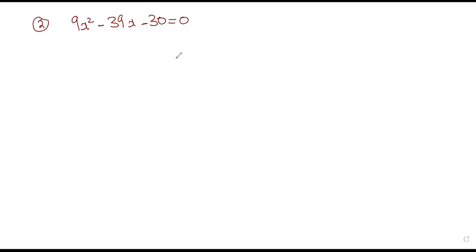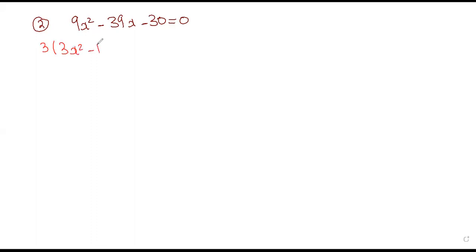Yes, well done, Munja. Okay, let's try doing it together. Now, this is another quadratic equation which we need to solve by factorization. Now, what do we know? Now we know in order to solve any quadratic equation by factorization, I need to make factors. But if I look at this equation directly, 9, 30, and 39, I can see that there's something common in 3 of these numbers, and that is 3. So I can just take 3 common just so my equation is transformed into a simple quadratic equation, and it would become